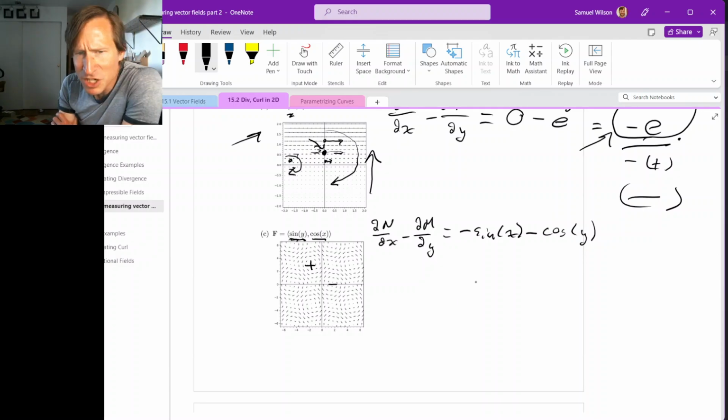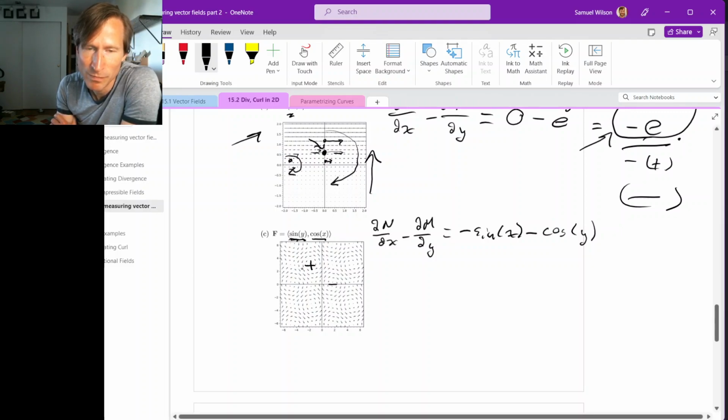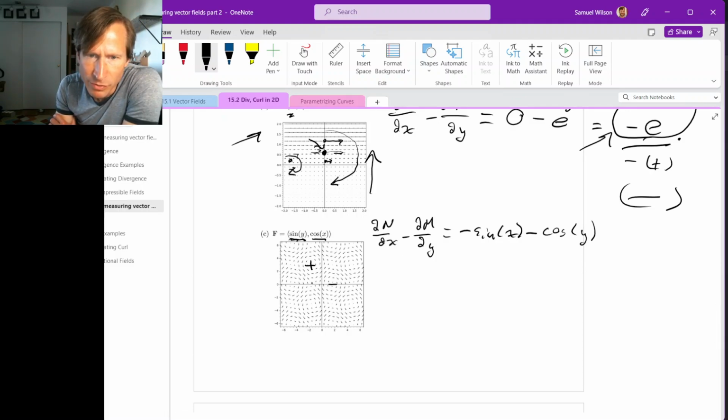Okay, and then we could just check a couple points to see that this formula really is telling us with the formula what we can see on the graph. So this spot here where I put the plus, that looks like it's probably minus pi over 2 comma pi. Yes, comma pi. So if we evaluate this at minus pi over 2 comma pi, what we get is,